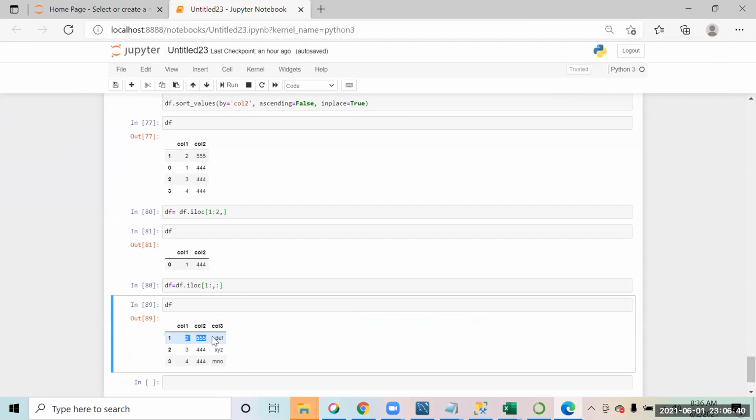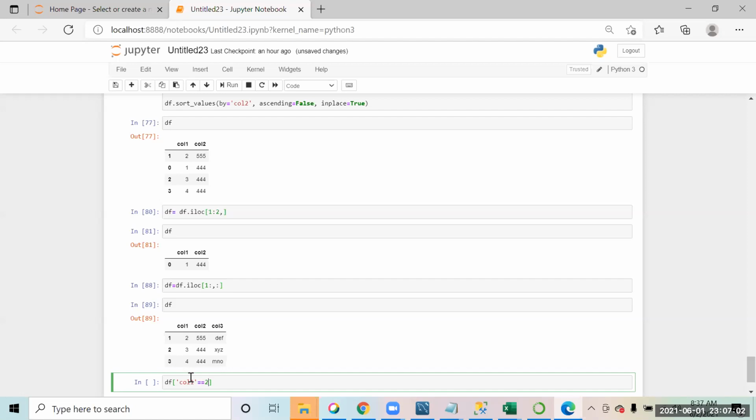So write df, then square bracket, then column 1 in quotes inside the square bracket, equal to, and then we can give 2.